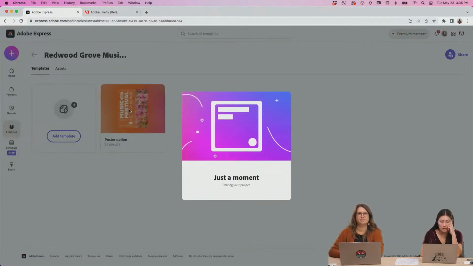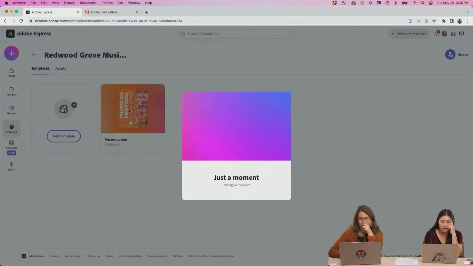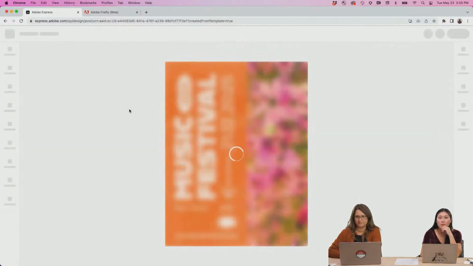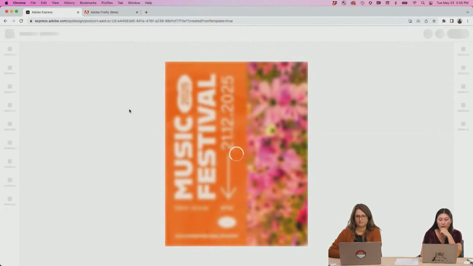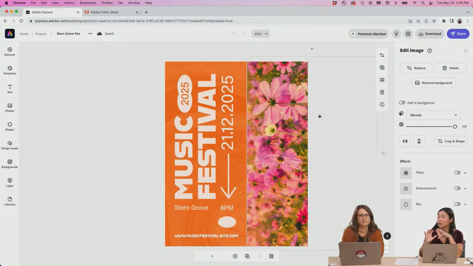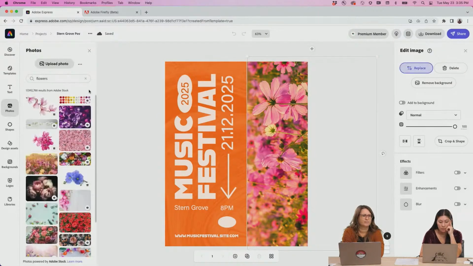Yeah, and I think I might just start to dive in and see, even in this template, I may end up looking for other ones as well, because we have specific dimensions. I'm trying to decide, do I want a social post where this is the entire background image and I just layer stuff on top, or do I want it to be cut off and just in the background, just bits and pieces of it showing. So I'm just going to see what do we have in here that I might want to replace it